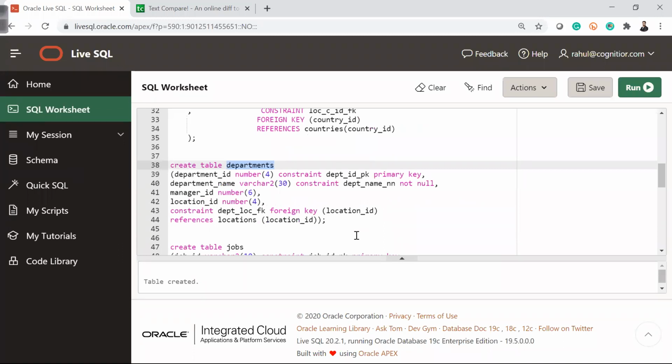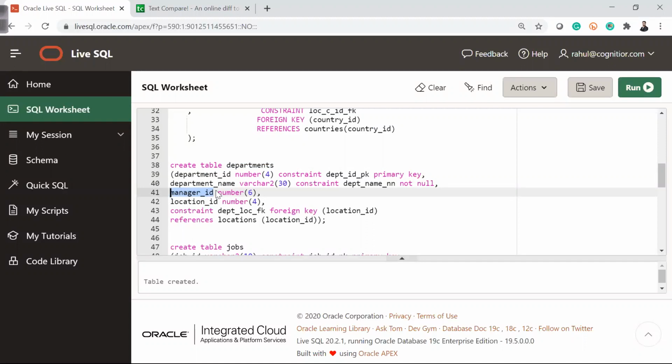In the department table, I want to make this manager ID a foreign key, which is referencing the employees table's employee ID. Interesting.